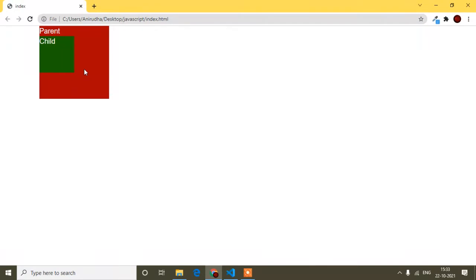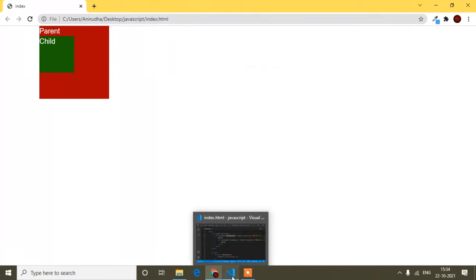Sometimes it happens like this: suppose when I click this red color box, I want to show an alert message, and when I click this child box, I want to stop, I mean close, the alert message. So what would happen, I will show. I hope now it's clear. Okay, so when we click any child, the event is propagated to the parent also. So if I click this child, you can see the child event is called, and also the parent event is calling. So next I will show you how to stop this.